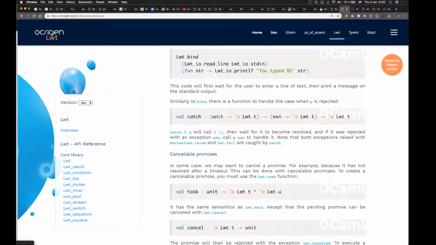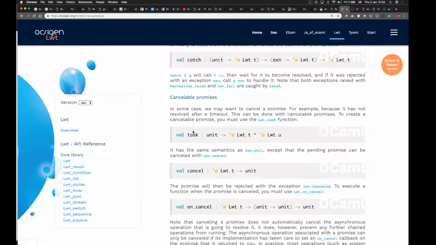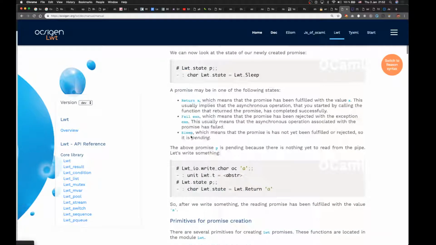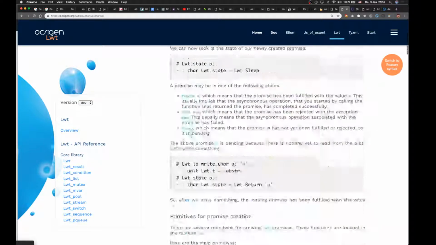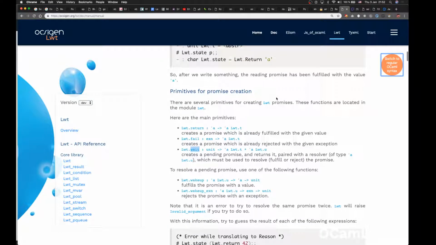What did I see? Oh, okay. So wait is not really cancelable, but task is. Okay, I was a little confused about why they introduced wait somewhere on here. But as it turns out, it appears that wait is not a cancelable promise, it's just rejectable or fulfillable. We can also switch to the reason syntax. Anyways, let's go to